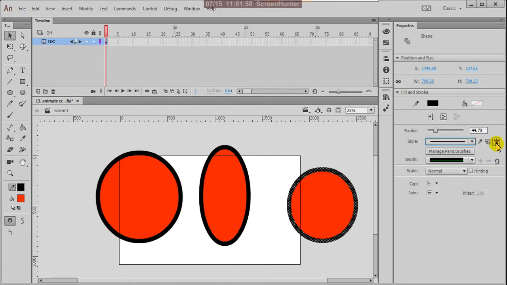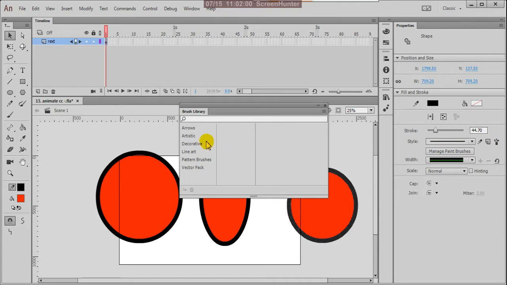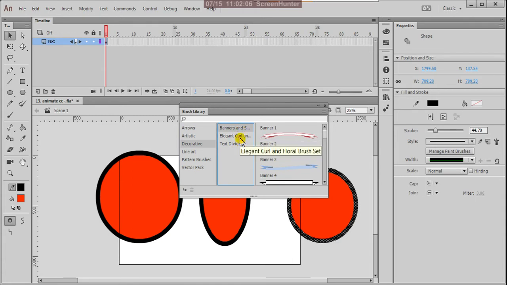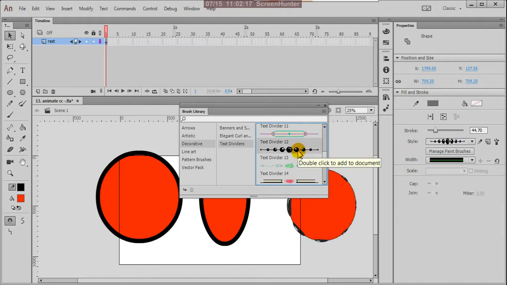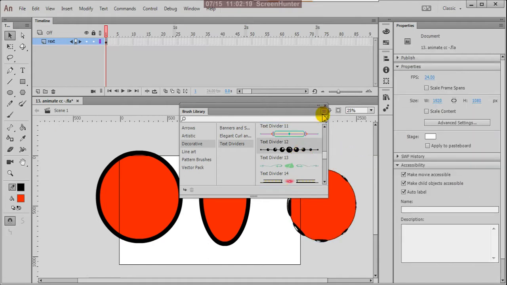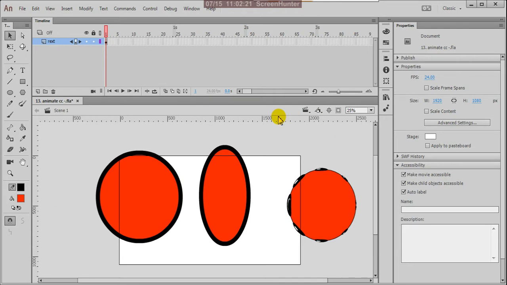Otherwise you can get from the brush library, and you can add all the brushes. You can choose which one is better for us.